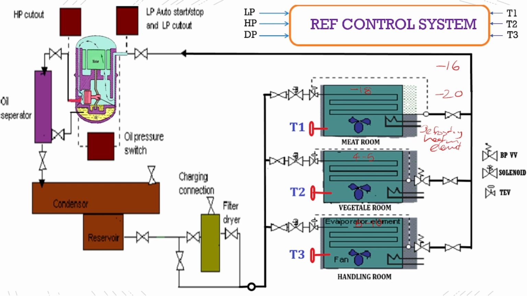I think I'll stop this discussion today, and next time I am planning to discuss the expansion valve, and take a look at each component, especially the expansion valve and the back pressure valve, what their purpose is, what their operation is, and the LP cutout, HP cutout, and differential loop bulb cutout. All these will be discussed